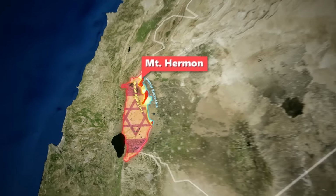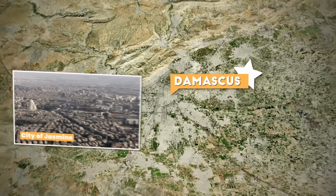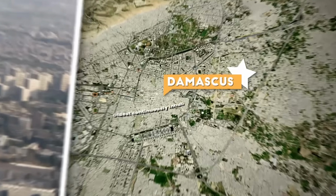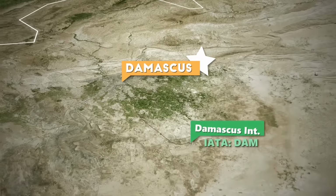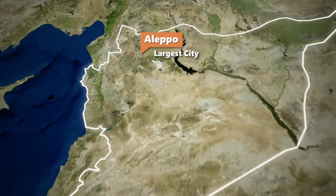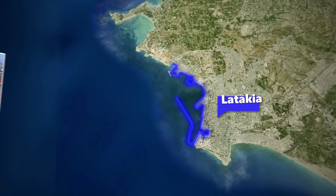There's a lot more that goes into this, but that's the general layout. The capital city is Damascus, known as the City of Jasmine, widely considered the oldest continuously inhabited city on Earth. Here, of course, you can also find the largest and busiest airport, Damascus International. Nonetheless, the largest city is actually Aleppo, a little bit further up north, followed by Homs at number 3, just between them and Damascus. The largest shipping port of the country, though, is actually the port of Latakia, which has